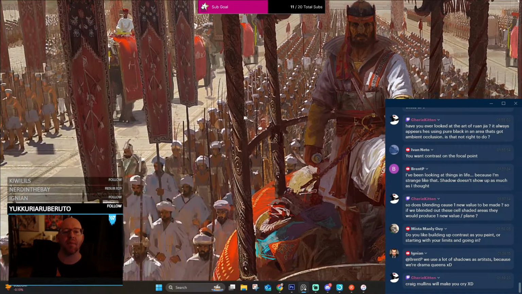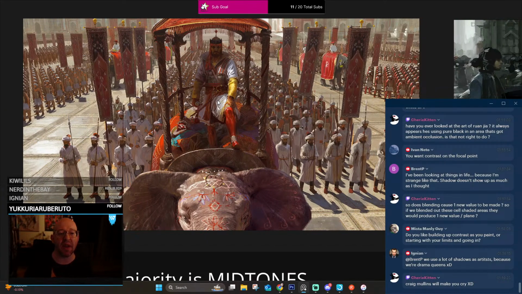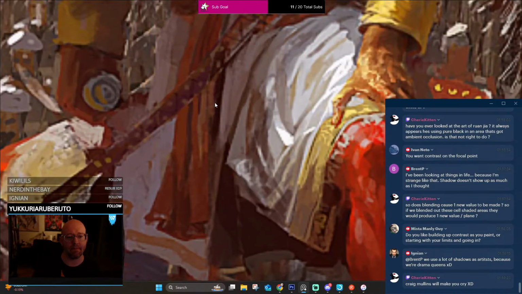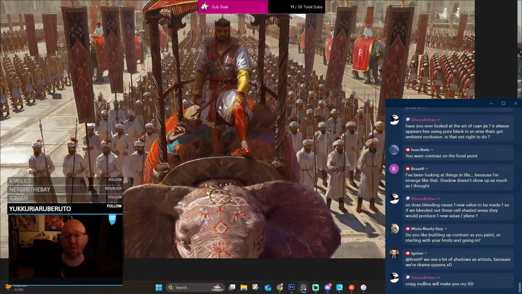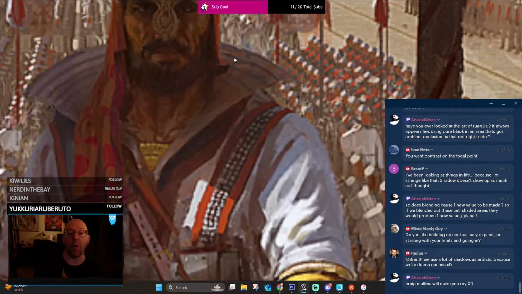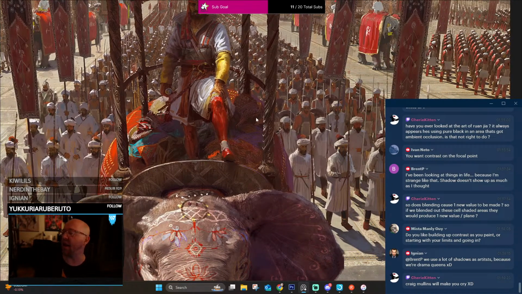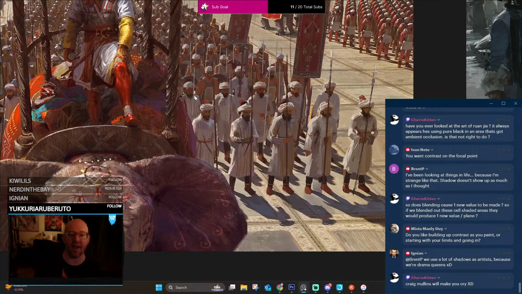A vast majority of this painting, I would say 70% of this painting is midtones. There's very few actual pure highlights here. And there's hardly any full-on shadows or darkest darks. Okay, so this is a perfect example. If you introduced pure black to this picture, you would ruin it. You would absolutely destroy it. It wouldn't read well. It wouldn't make sense.